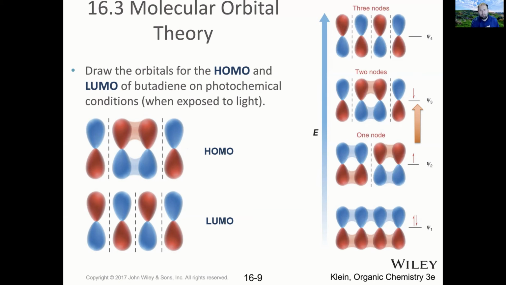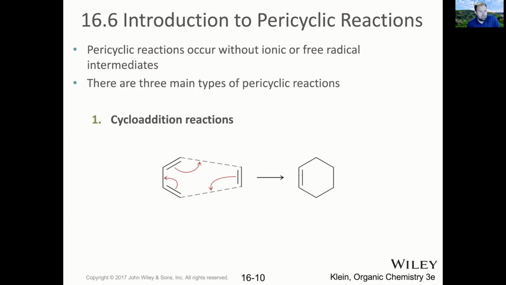And once again, it's not a memorized thing, you have the chart. But the reason we want to be able to identify this is because we're going to use these diagrams, and the idea, if you don't remember, is that the different coloring means which of those lobes are the same sign and opposite signs from each other. And that's going to be significant when we talk about these reactions where these orbitals are overlapping, such as in the pericyclic reactions. So now that we've talked about molecular orbital diagrams, now let's go over just an introduction of